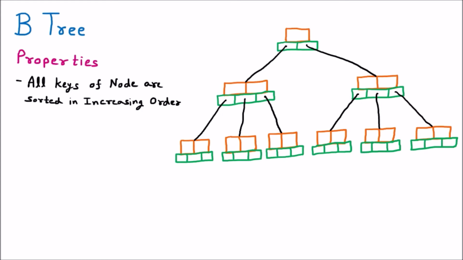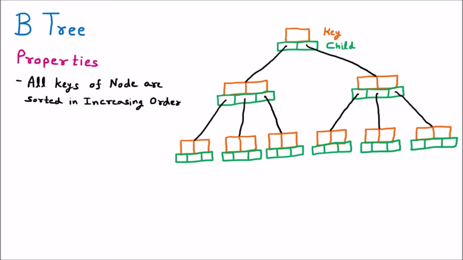So now we are learning this property with the help of the example diagram. Here we can see the above part that represents the key. We know that key is the place where we are going to store the values, and key is always one less than the child. After that we are representing the child. So here you can see that child is always 1 plus the key, and child also represents the order of the tree, meaning maximum child is taken from the order. Just like if we have a 3 order tree, that means maximum child will be 3.